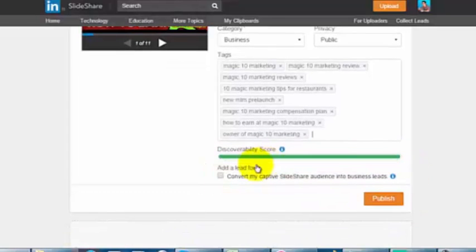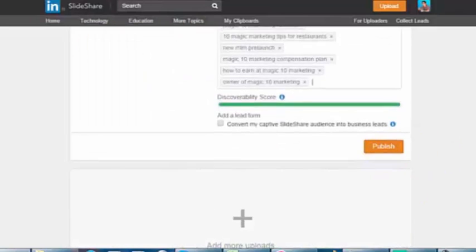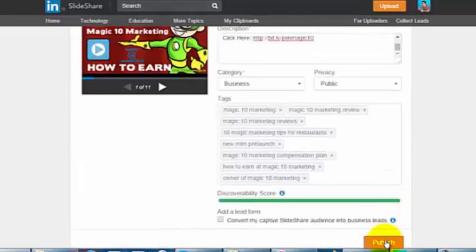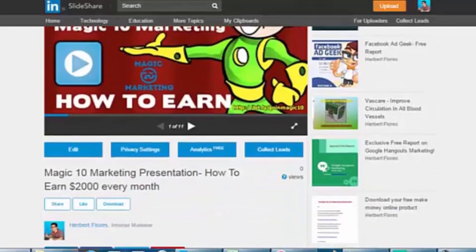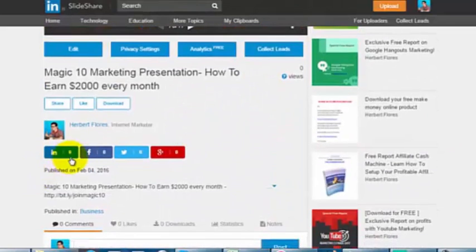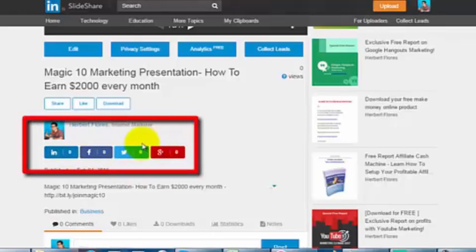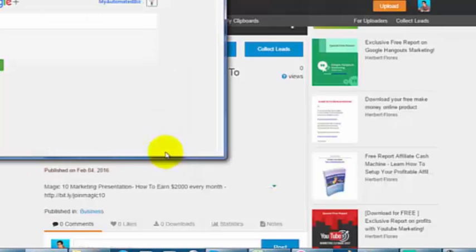If your article is okay, you can now click publish if you're finished. So click publish. Now your file is already uploaded. Then you can share it through LinkedIn, Facebook, Twitter, or your Google Plus account.